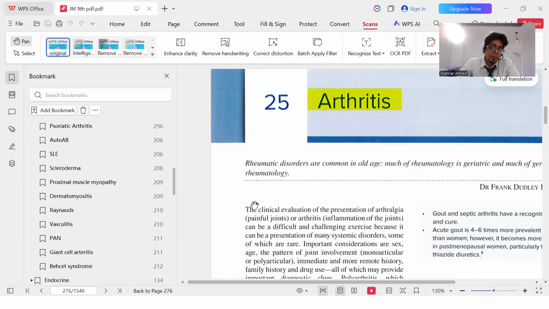All right, guys, I want you to open page 276 in John Murtagh. I'll give you 2-3 minutes for a break for refreshment and water, then we'll start. A few things from Davidson, definitely, we'll talk about those things more. Any of these question banks you can utilize. Both of them are great.